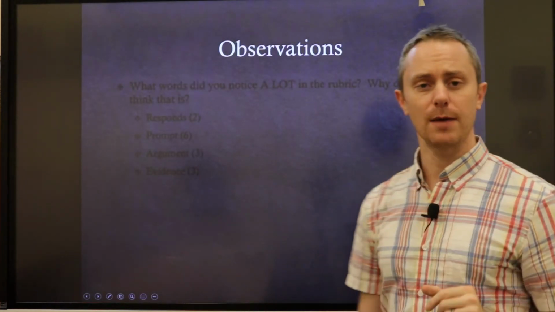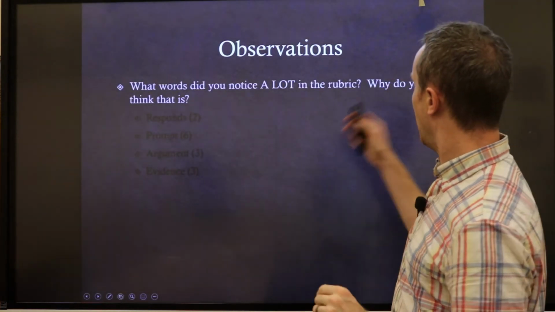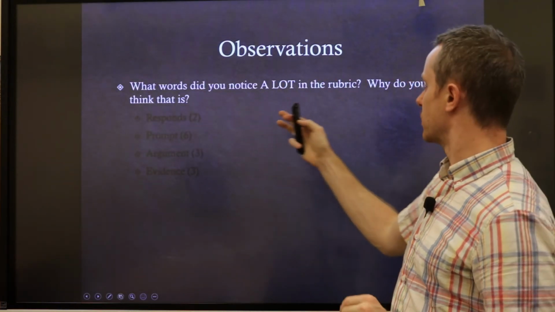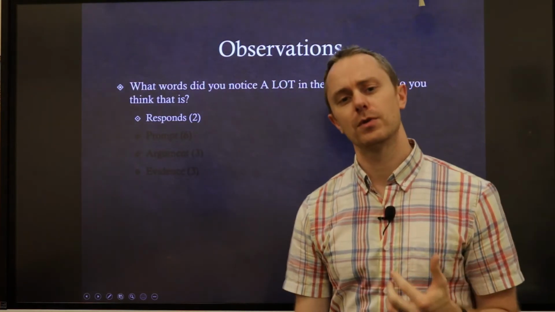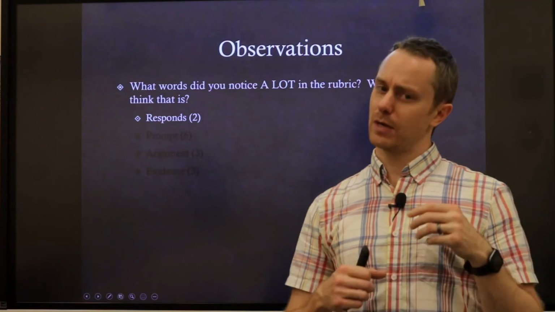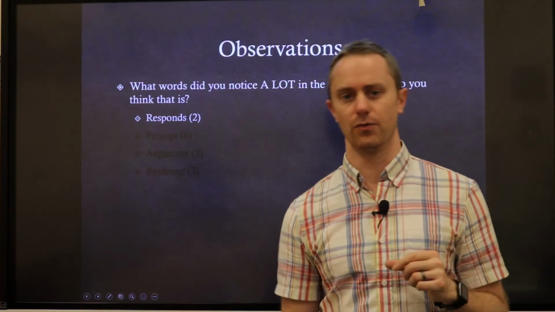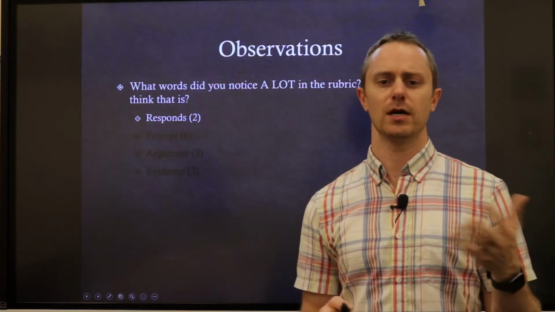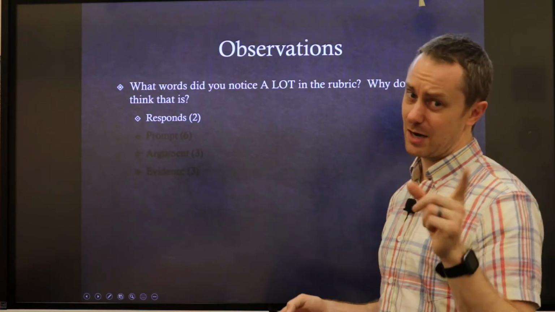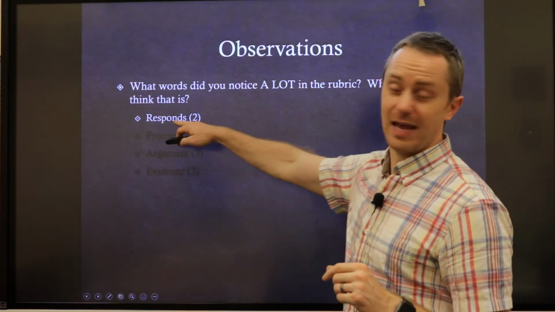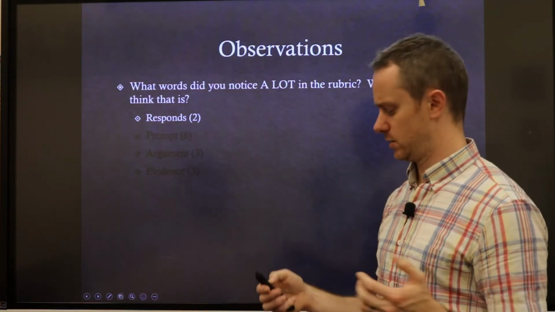Okay? Couple quick observations for those of you who are following along with the rubric. First, you see a lot of words repeated in the rubric, starting with responds, 2 times in that rubric. Again, if you are not responding to the prompt, if you are not responding to all parts of the prompt, you are not going to get points on this essay. You might get 1, maybe 2, but you're not going to get them all. You've got to respond to all parts of the essay. That's why I emphasize these words, because they're there multiple times. They don't put them there for funsies.